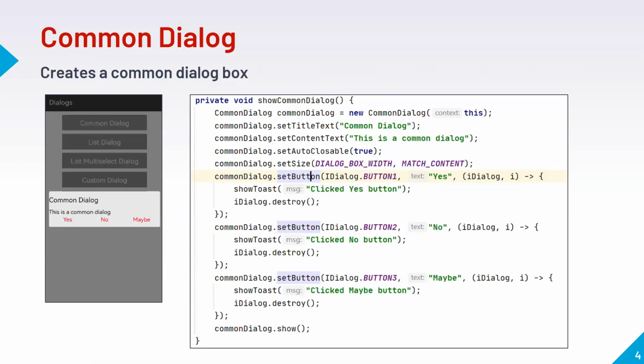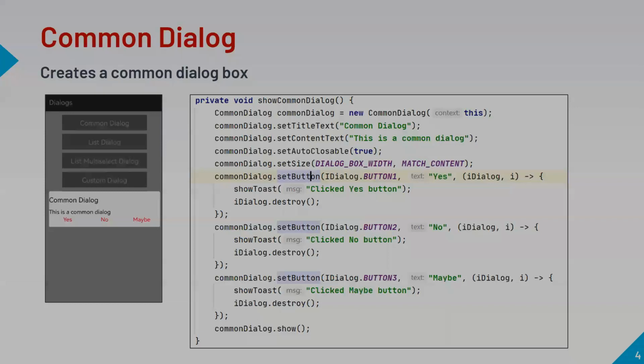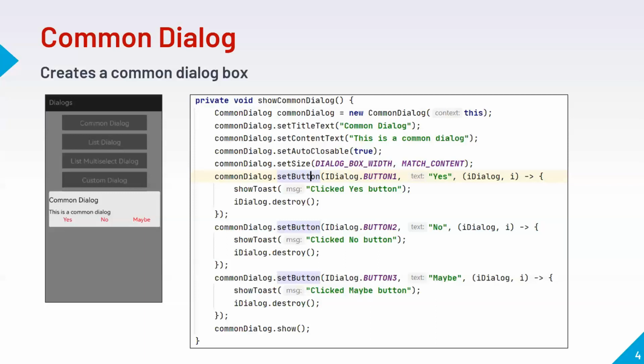Next, similar to common dialog, these are all inbuilt support, like how you have alert dialog in Android. Harmony is providing some inbuilt templates or dialogues like list dialog, common dialog, and so on. If you want to customize based on your requirements, you will have to create a custom dialog extending this common dialog and overriding the methods inside the base class. Next is the list dialog.